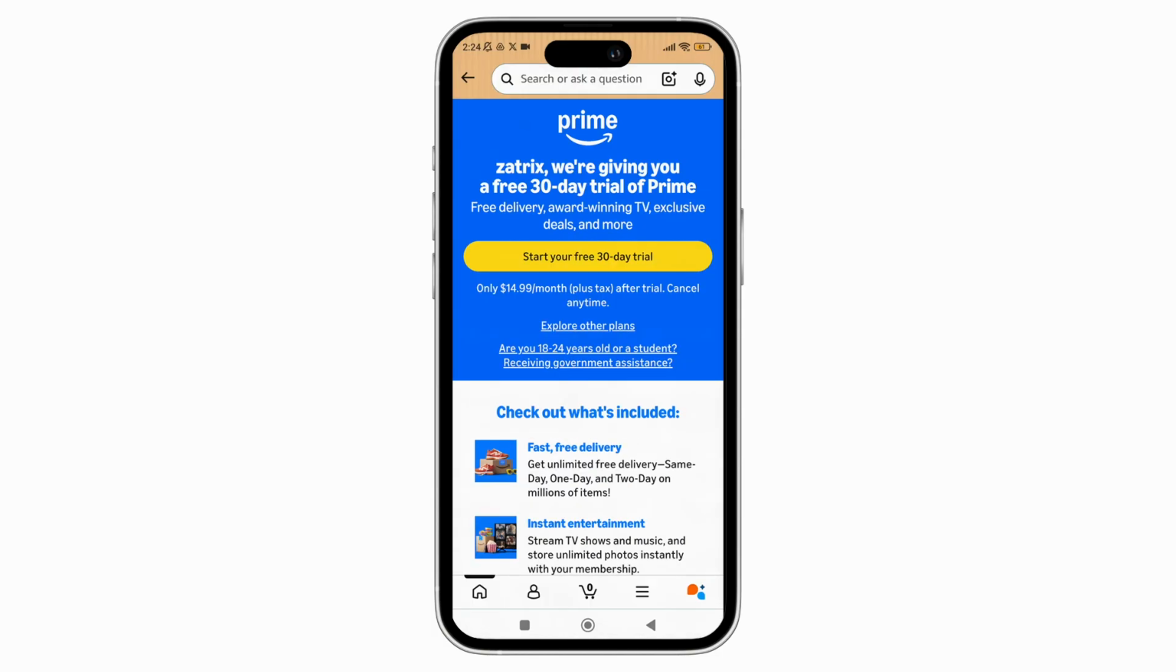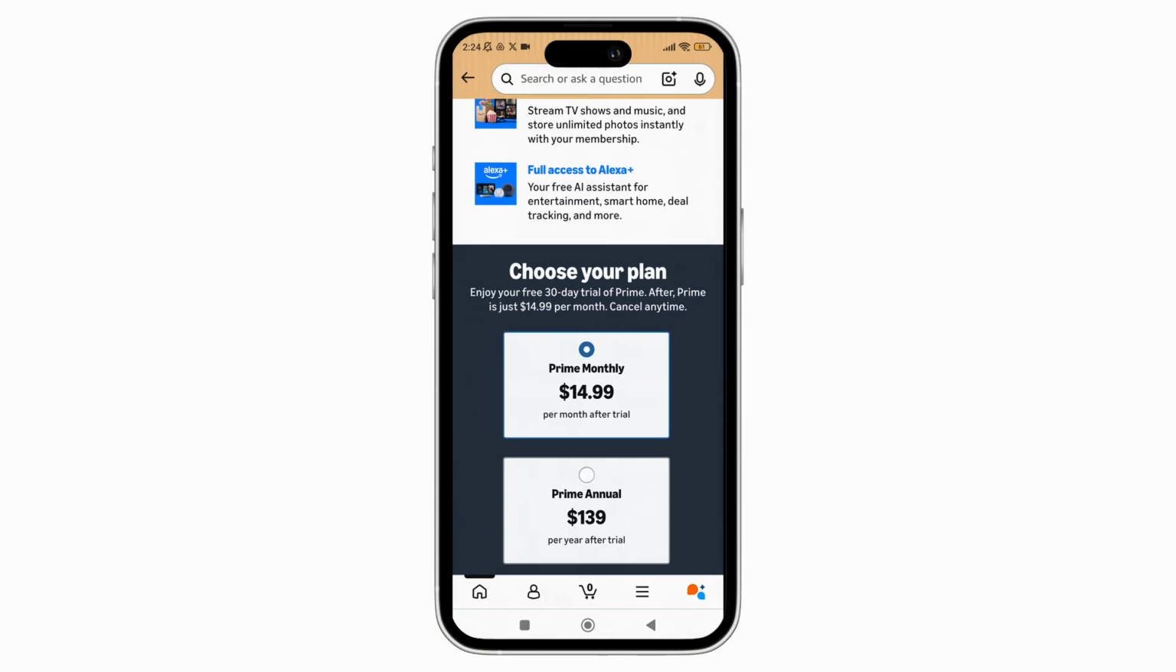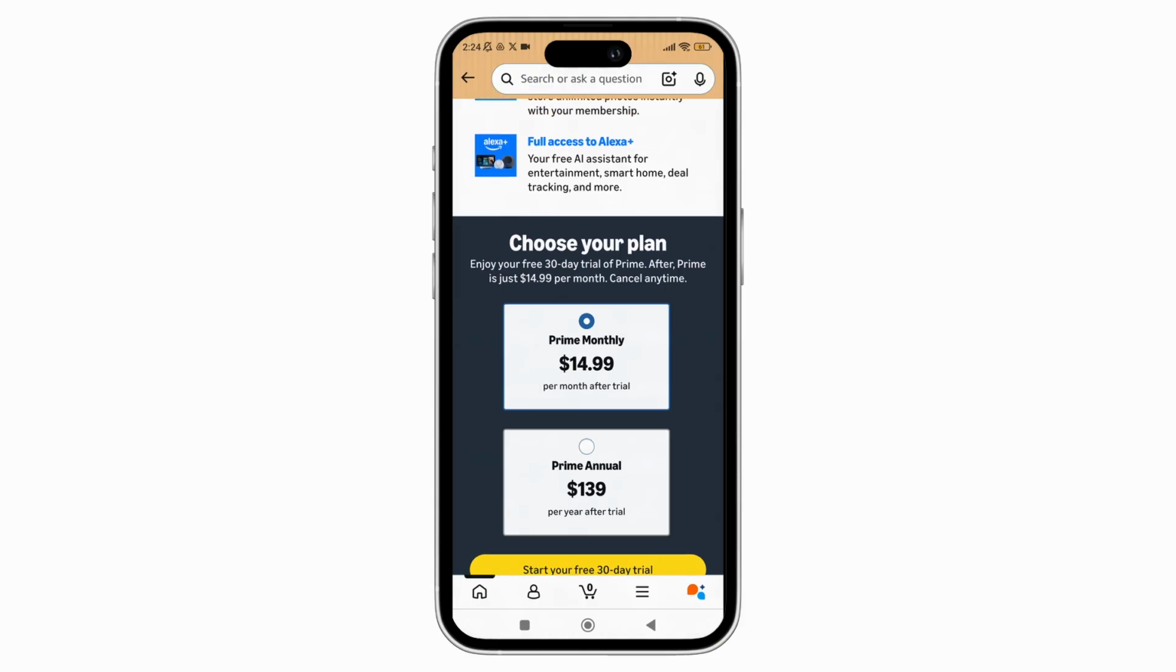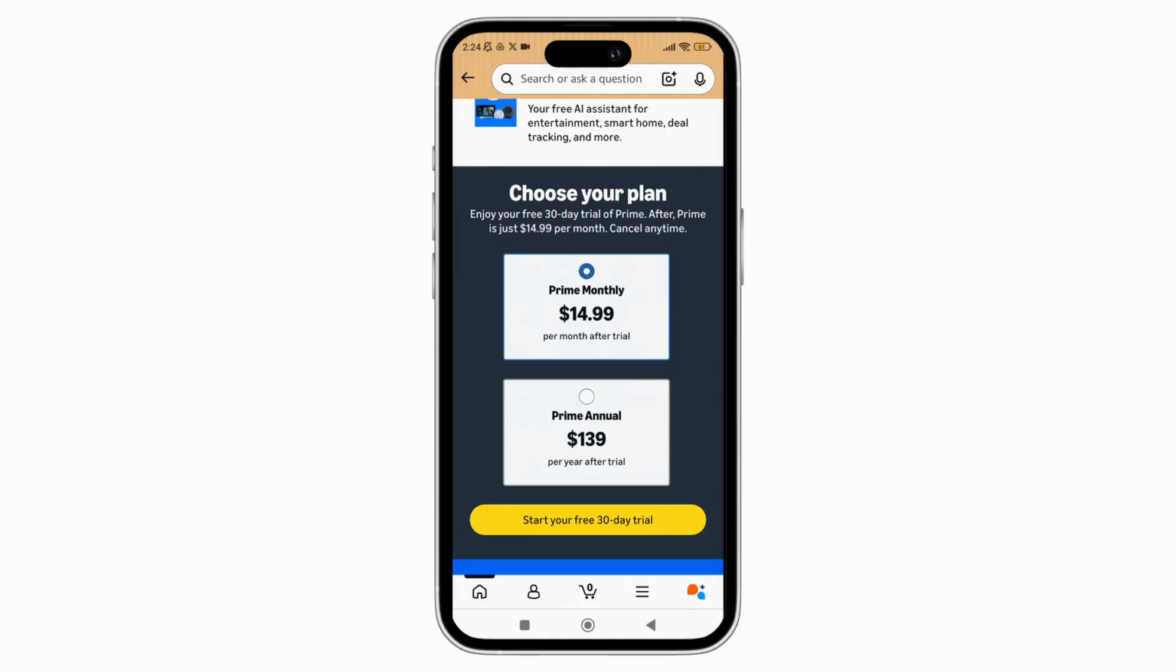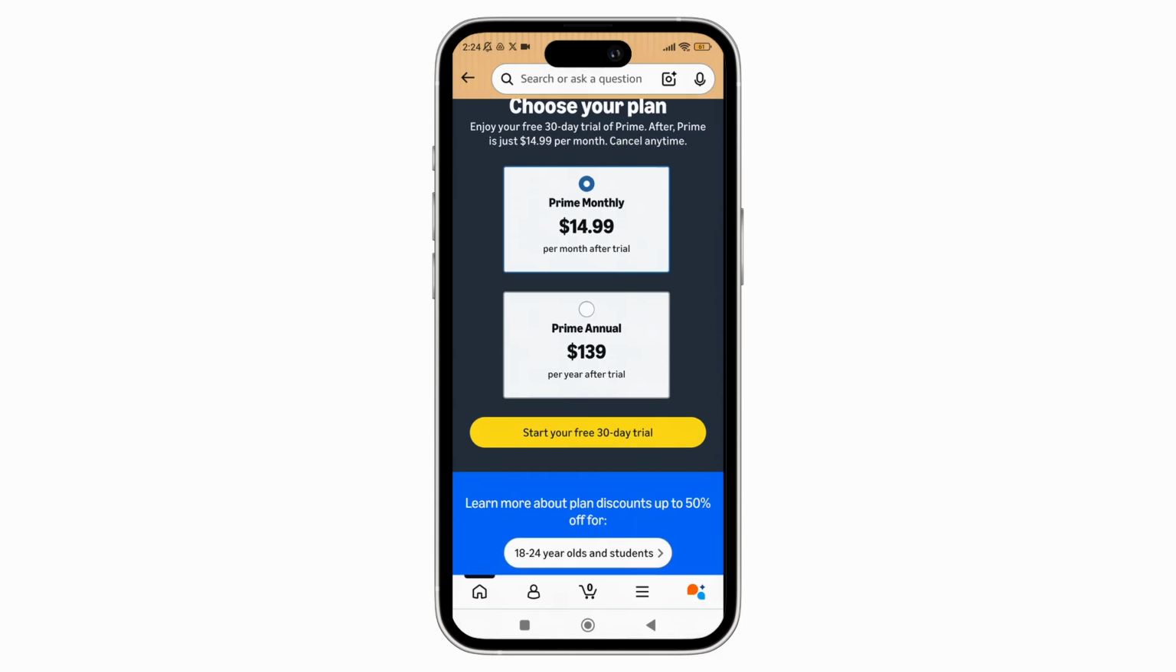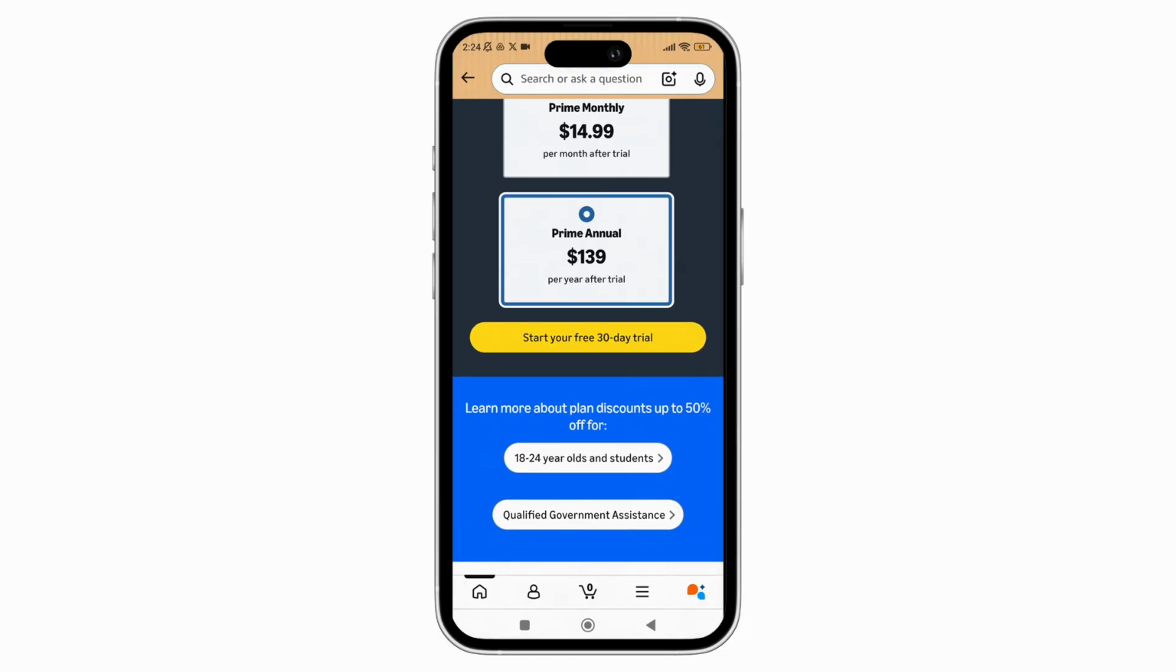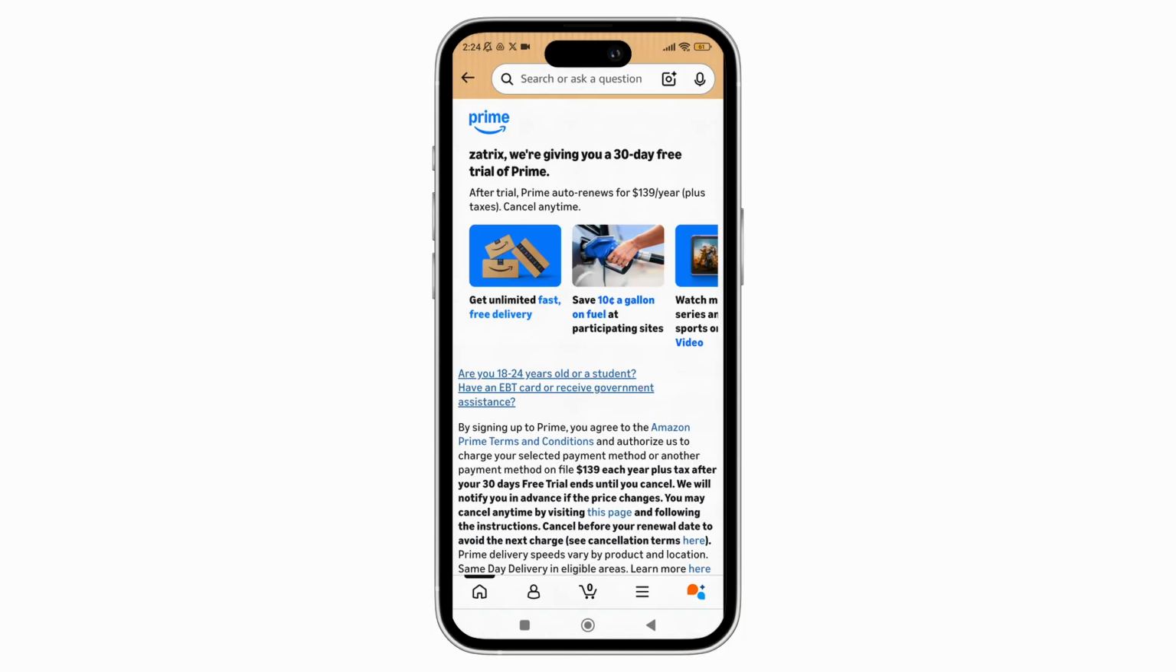Now here, once you see the interface like this, what you can do is simply scroll down and there you'll see the subscription plan. So here you can take a plan, monthly or annually. And now here, once you're done with it, you can just tap on this option that says start your free 30-day trial. And once you do that,